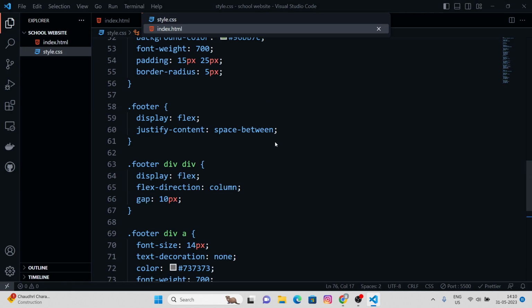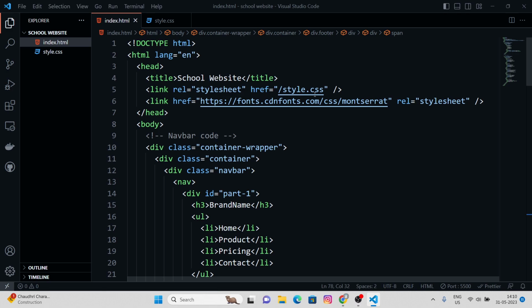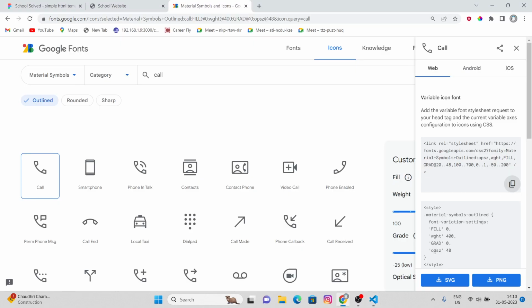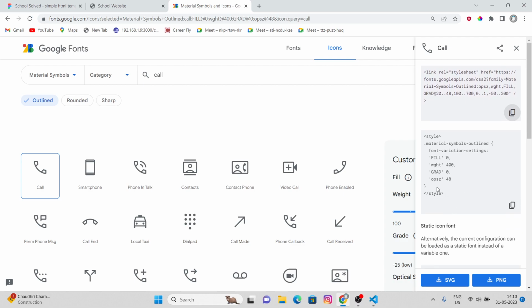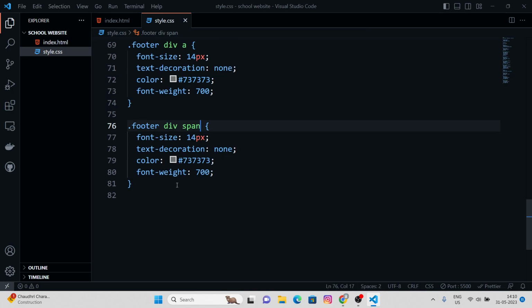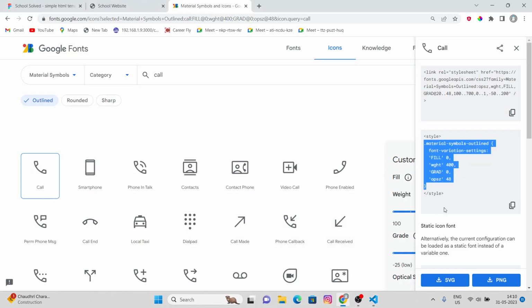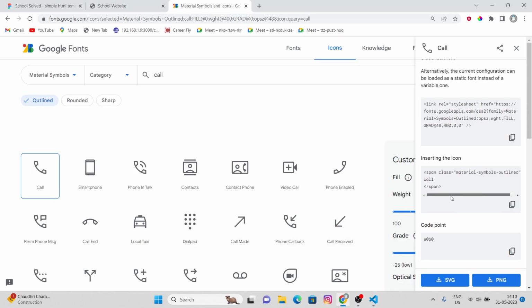Let's copy this and paste it here. Right, now we can use the class. I can copy this, I can paste it here. Material symbols outline. I can copy this and, yeah,